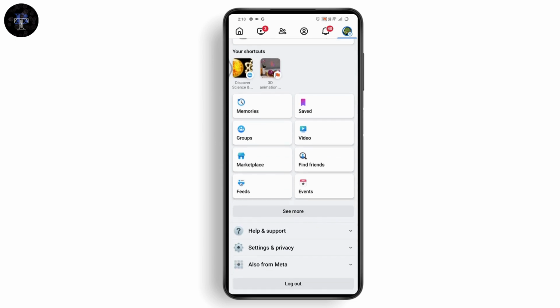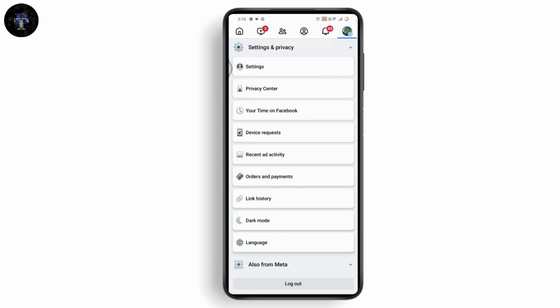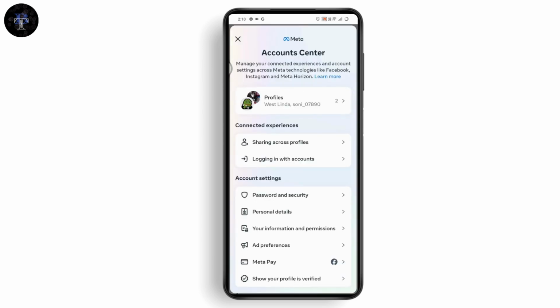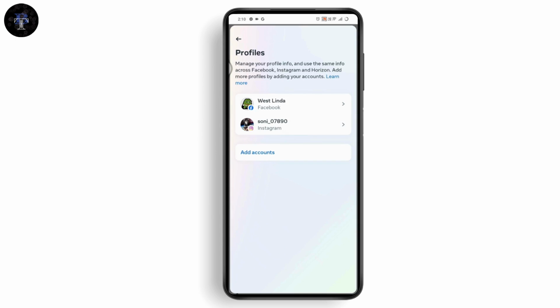need to go for settings and privacy and tap on settings. Under settings, you need to go for account center. Under account center, tap on profiles. Once you tap on profiles, here you need to go for the Facebook profile if you like to change the